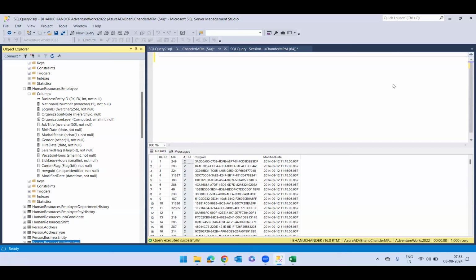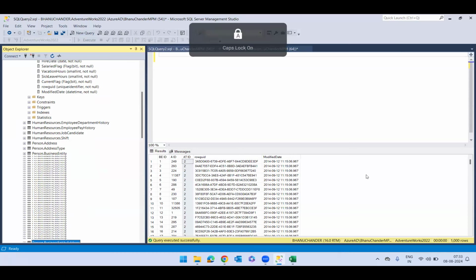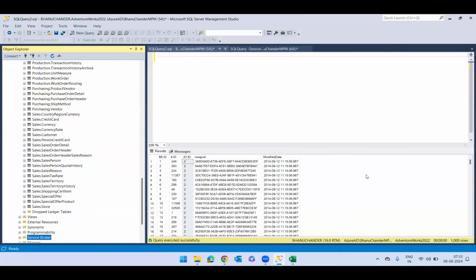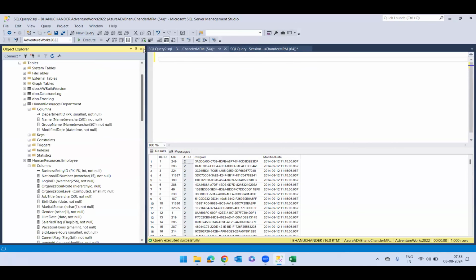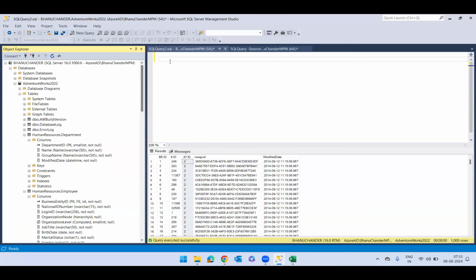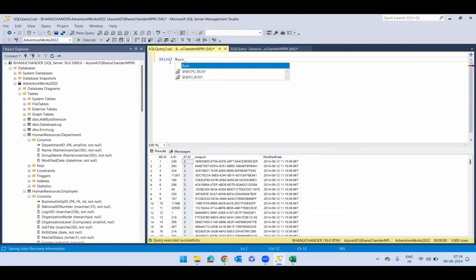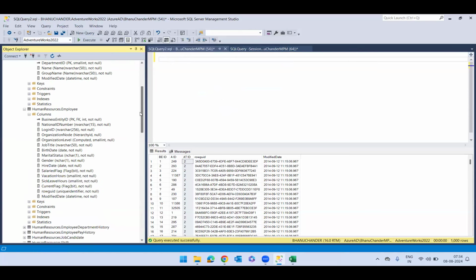Guys, I've asked you a question. I selected all the columns except the ones you said. Yeah, that is okay. So how do you write that? Select first column name, comma, second column name, like that it goes on. Select first column name, Business Entity ID. You will type it out, no? That is good. But in SSMS, what happens is